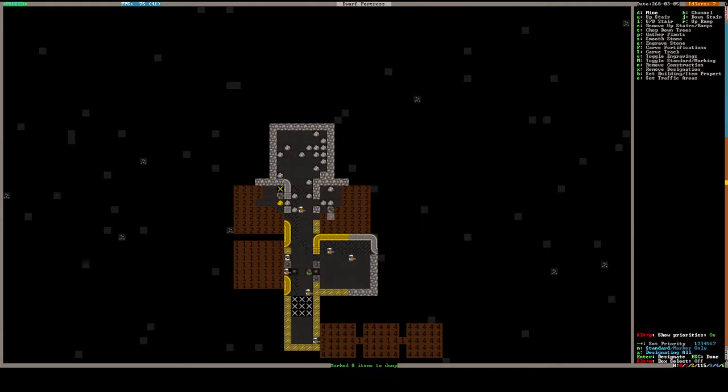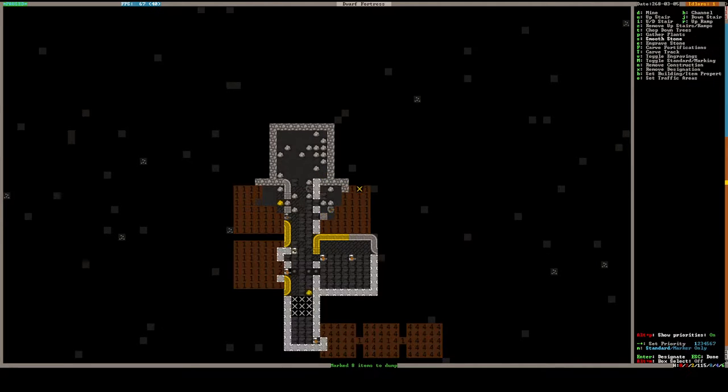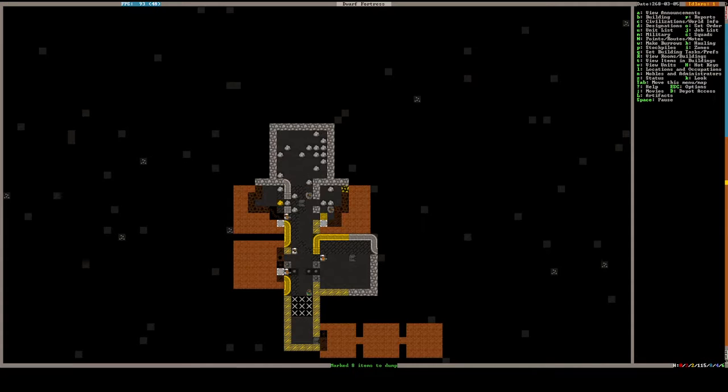Oops, made a mistake here. Perfect, actually, that guy's going back to mine that out. And we can designate this to be smoothed out. And once this is all smoothed out, I'll just have the engravers. I'll remove stone detailing from all but the best engravers, and that way most of these should be master engravings